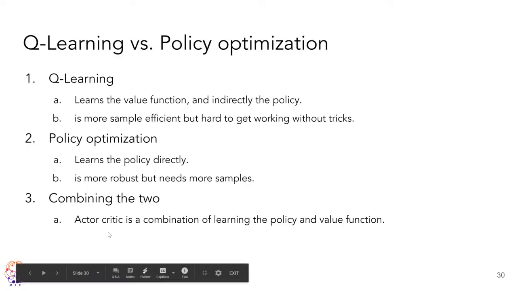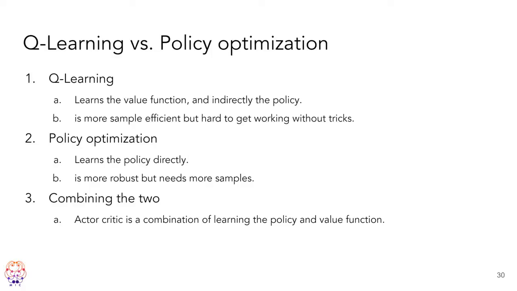So there's an approach called actor-critic that attempts to combine the two. And also note that if you do model-based reinforcement learning instead, it is much more sample efficient, because you simulate the world in your head and then you can plan based on that without having to actually experience the state before you know, oh, this is actually a bad state.